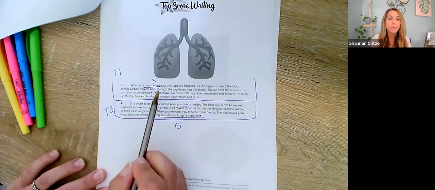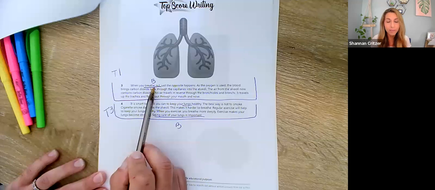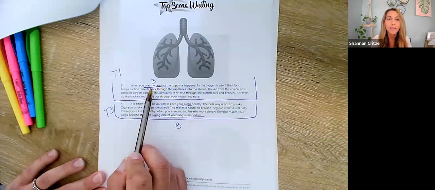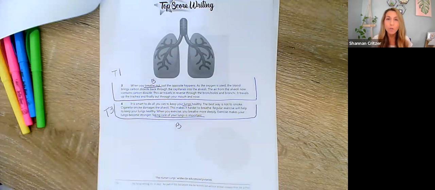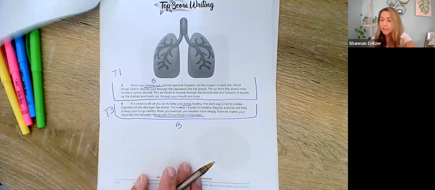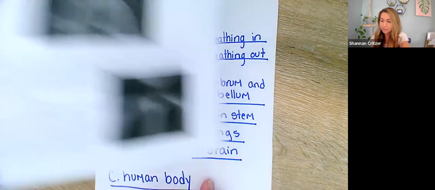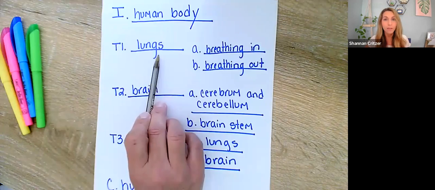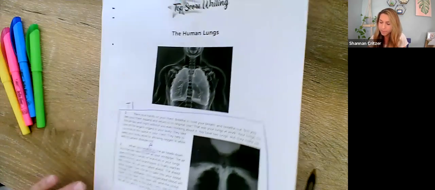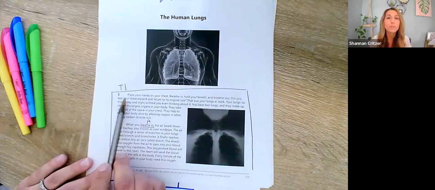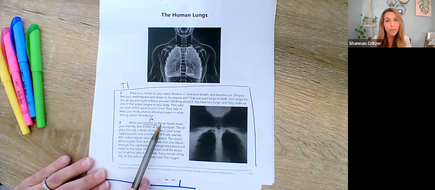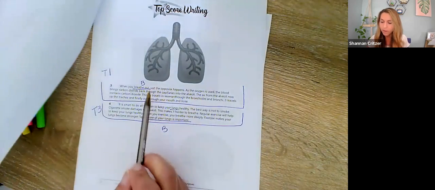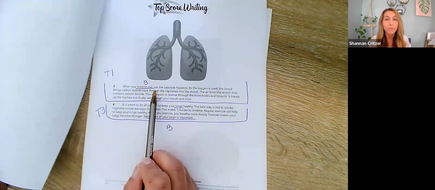There's information about breathing out in paragraph 3. So you went ahead and labeled breathing out paragraph 3B. This is going to help you so much down the road when it's time to write those middle paragraphs. In the future, when you're writing your T1 paragraph all about the lungs, you know that you will come here and paragraph 1 will give you some overview information. Paragraph 2 will give you information for your A subtopic, and paragraph 3 will give you information for your B